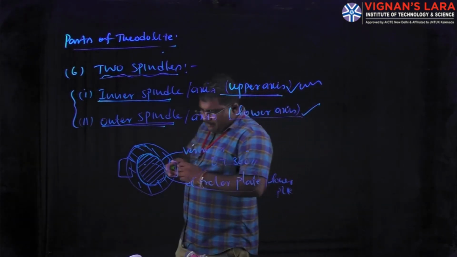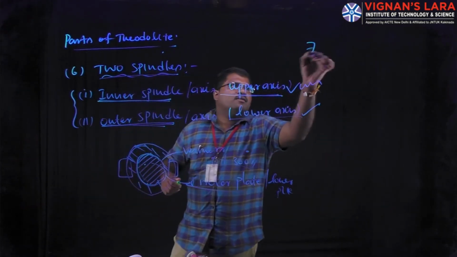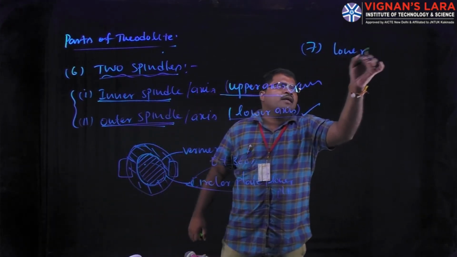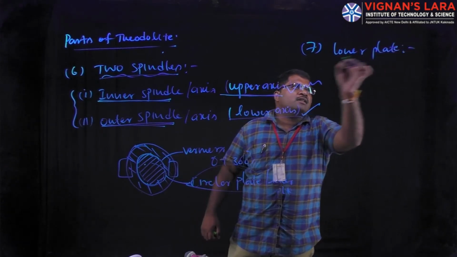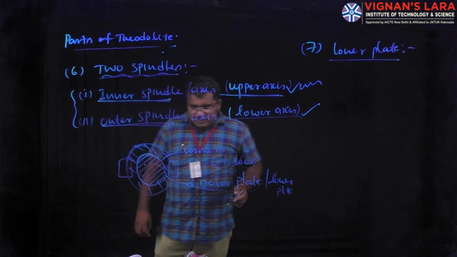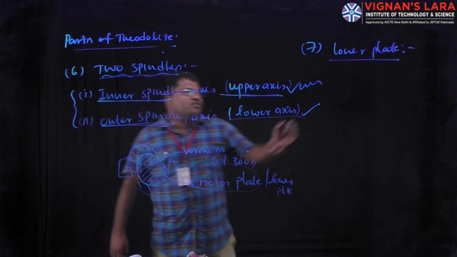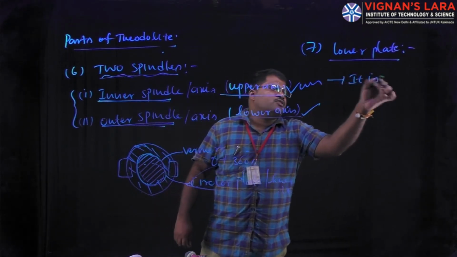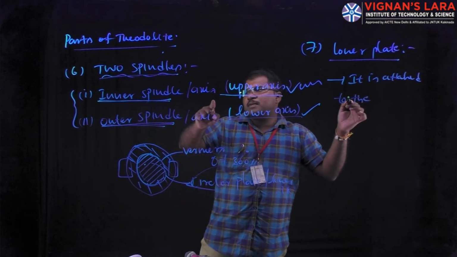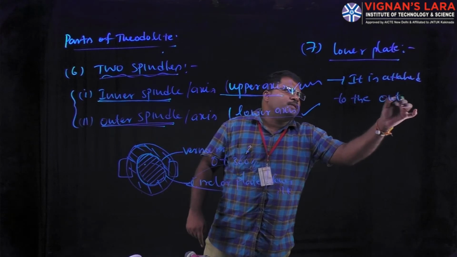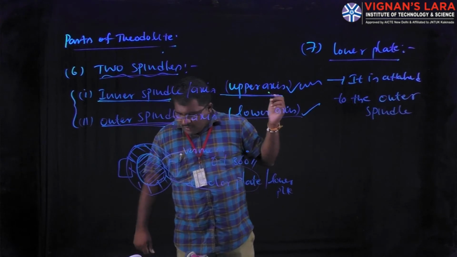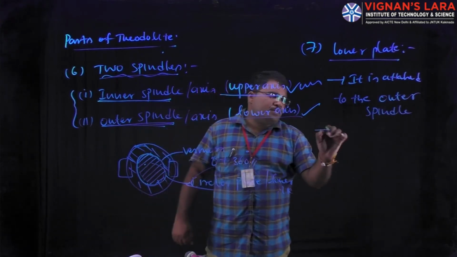So next we will see another part, that is the seventh one, the lower plate. Just now it was told that the lower plate will have readings from 0 to 360, right? It is attached to the outer spindle, or outer axis, right? It is attached to the outer axis, and it also carries